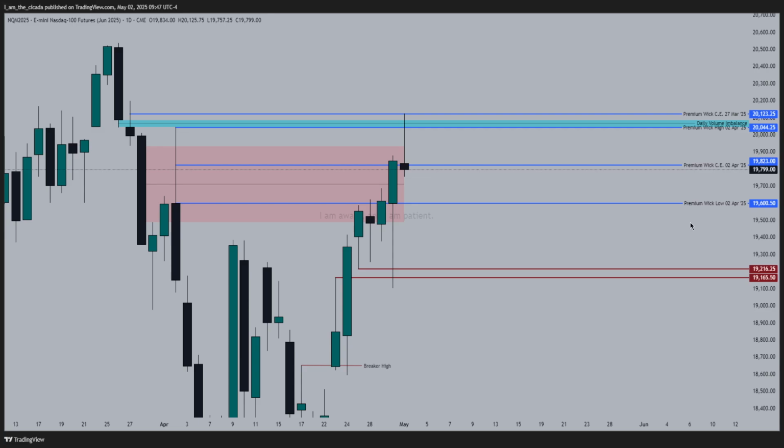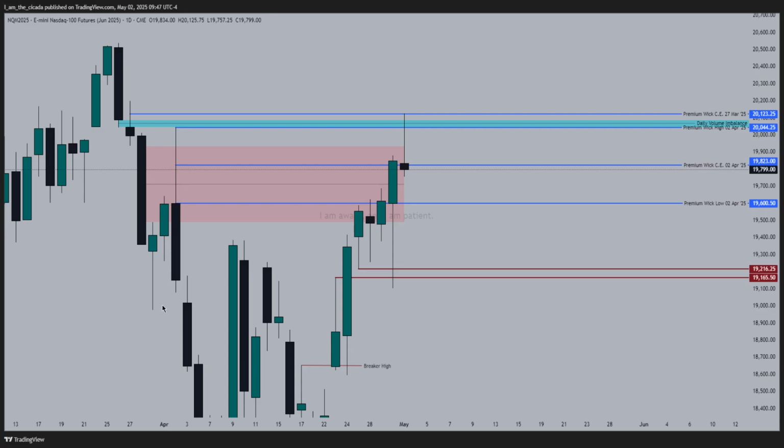Using that information, we came up with draws for the week by having a hierarchy of arrays that would be met before the final one, which is the premium with consequent encroachment, would be met. So in that way, we came up with the low of this wick here, the consequent encroachment of the